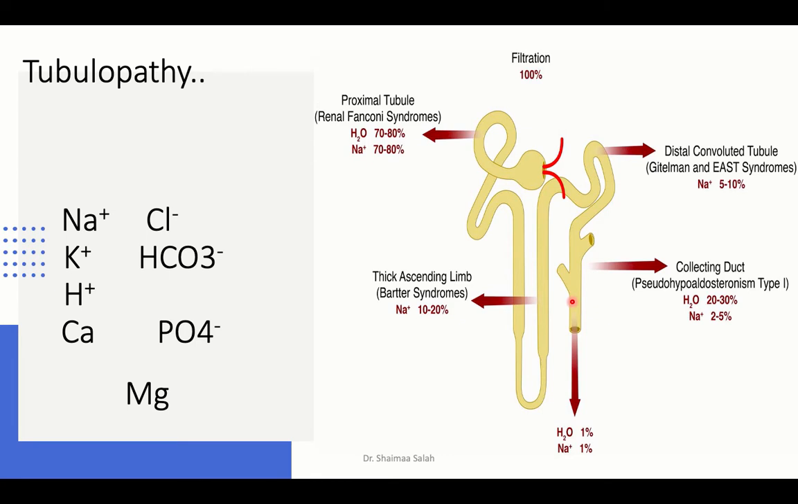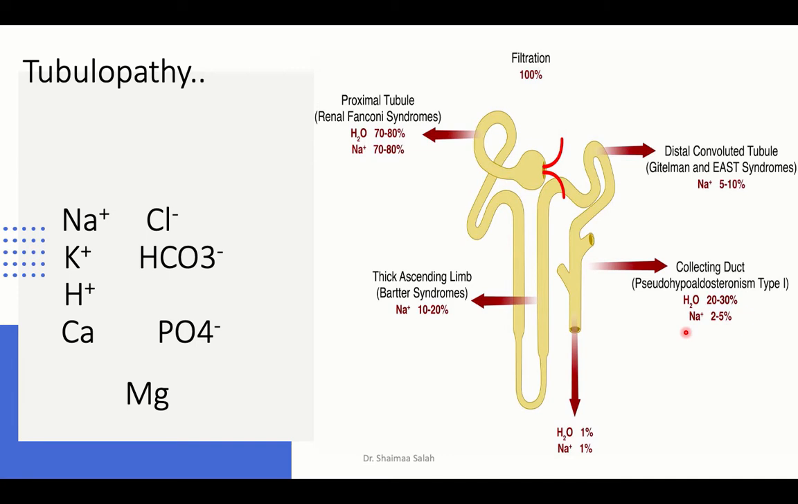between 4.5 and 5.5. In the proximal tubules, about 70 to 80% of water and sodium will be absorbed. In the loop of Henle, about 10 to 20% of water and sodium will be reabsorbed, continued in the distal convoluted tubule, 5 to 10%, and in collecting ducts, 2 to 5% of sodium will be